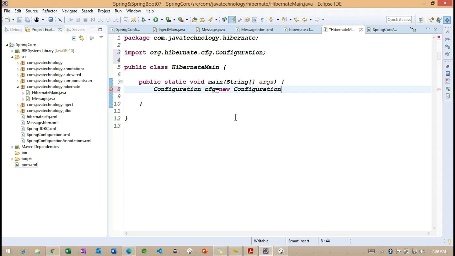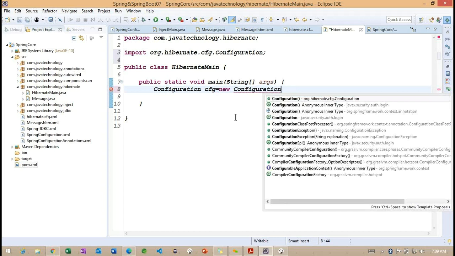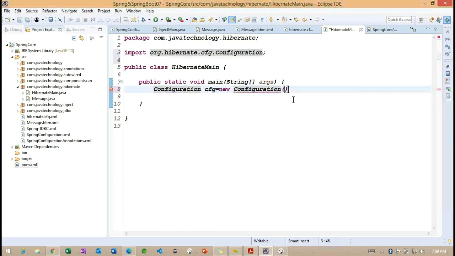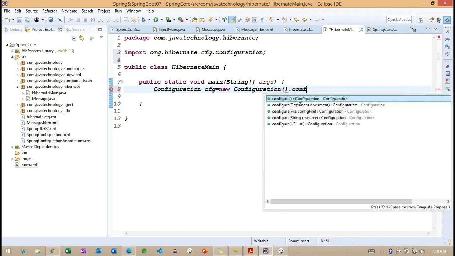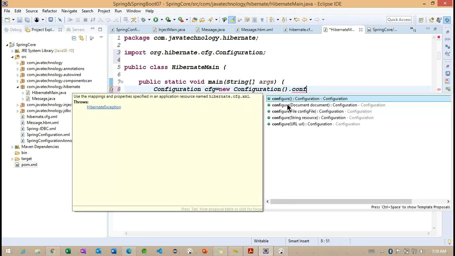Now you can understand that this Configuration is a constructor we are trying to call here. After calling this constructor, what happens internally? We are going to get an object. Which object are we getting here? The Configuration object. Using this Configuration, I am going to call one more method, called configure.